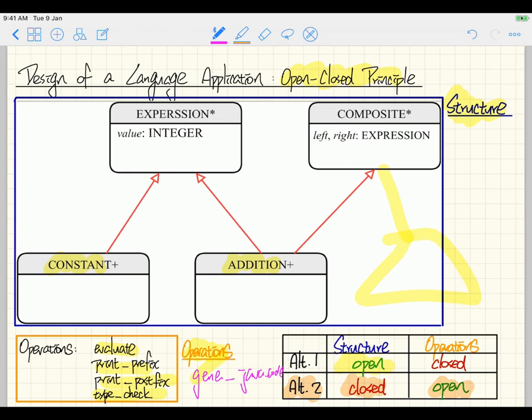Correct. So the structure part for the expression problem will be the composite, which means the syntax, right? That's how we handle the syntax. Oh, is it just composite? It's not structure, it's not expression as well? So you can see that the way, okay, again, if you look at the whole thing over here,